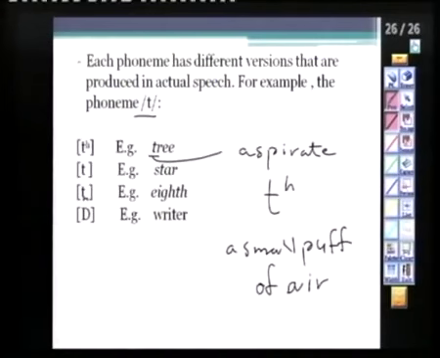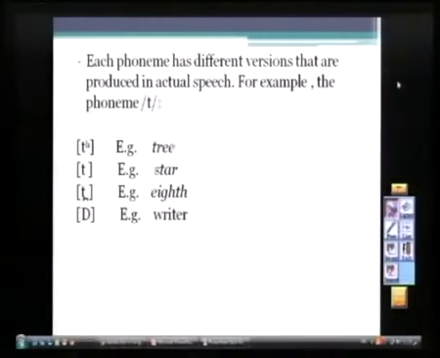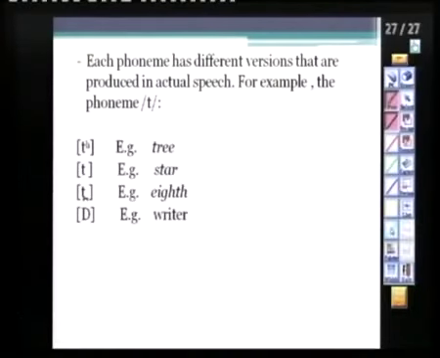Okay? This is aspiration. We have to remember we aspirate only voiceless stops, and if they are at the beginning of the word. I said that last time, right? Okay, so let's do this. The rule of aspiration: when do I aspirate?